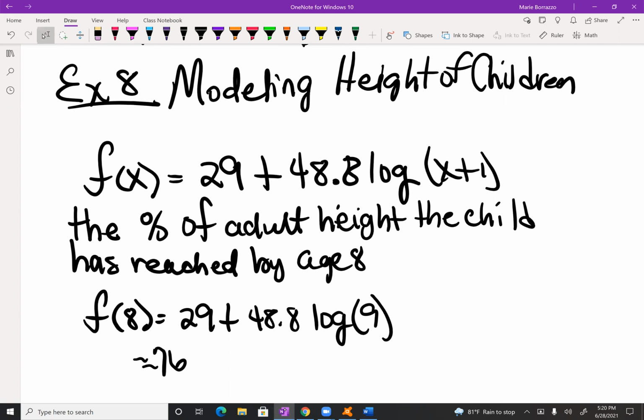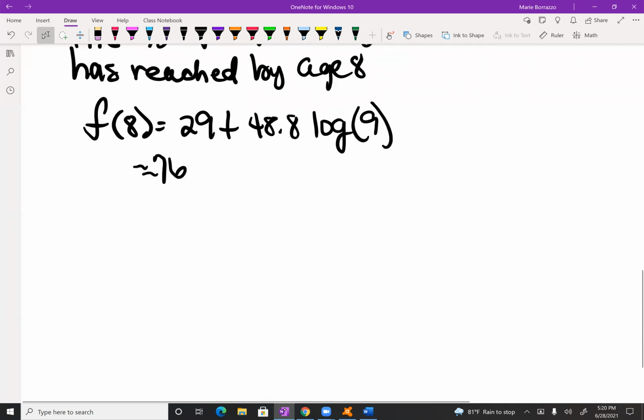Are there a lot of examples left in this section? No, 9, 10, 11. Example 9 is another one that's kind of a waste of time, but